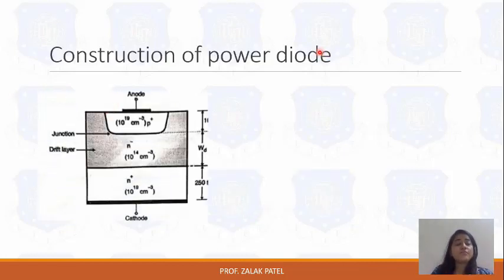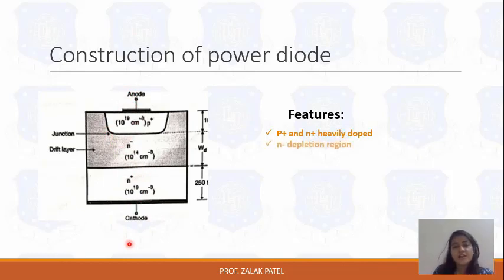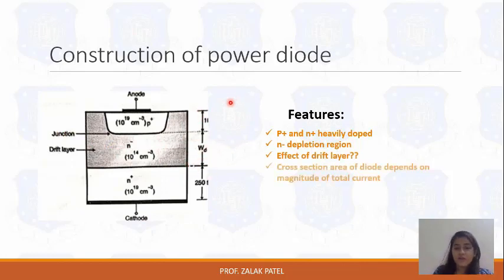Now what is the difference between the power diode and the normal diode? Here you can see the doping levels: P plus, and N minus is our drift layer, and there is an N plus injection layer over here, with anode and cathode as usual. The construction of the power diode has P plus and N plus heavily doped, because you can see in the figure that it has a doping of 10 raised to 10 here and also 10 raised to 10 there, and that's why P plus and N plus are heavily doped. N minus works as a depletion layer in this power diode, and because of this drift layer it provides more voltage capacity than the normal diode.